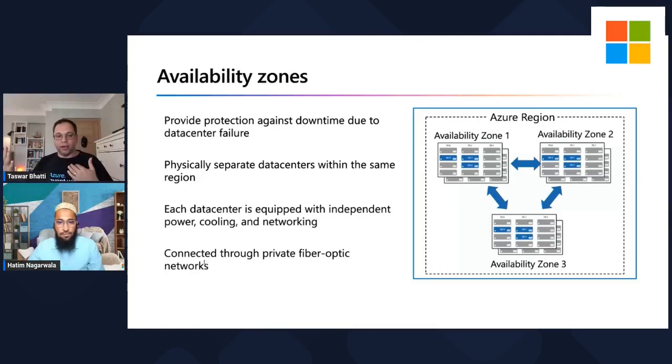They might have different cooling. If cooling fails on one floor, it does not necessarily mean that floor 8's cooling is going to fail too, right? So that's how you could have an availability zone. Now it could be separate buildings too. You could have building A and building B, and you might have your application running on different availability zones. So when you talk about availability zones, they could actually be separated quite far away too. It doesn't necessarily need to be a building or anything like that.